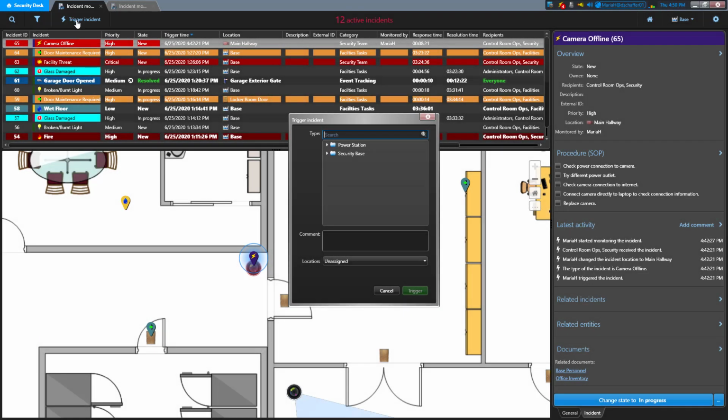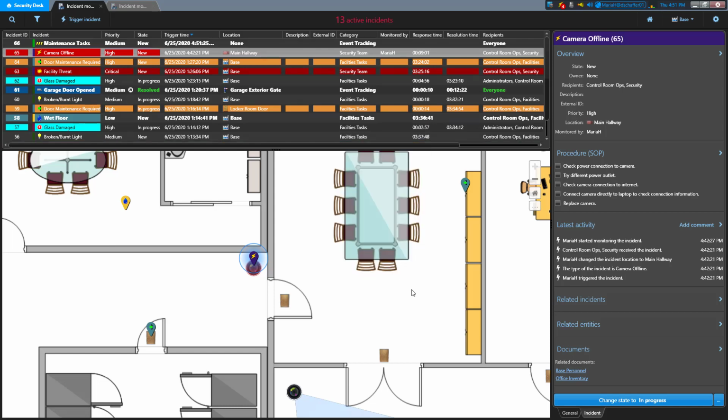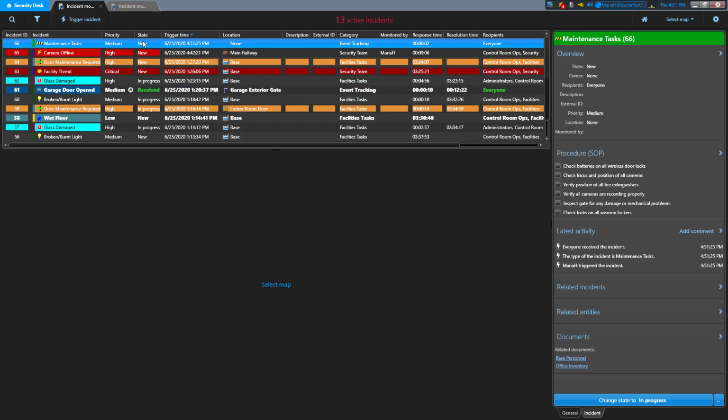We're going to be talking a lot about physical security in our examples, but Mission Control can be configured to help respond to many different kinds of situations. For example, if you have a set of maintenance tasks that you need to do on the system every week, and these need to be tracked, you can have an incident type created that has all the tasks listed as procedure steps. That way you'll know which ones have been done, when they were completed, and you won't forget any of the tasks. They don't have a physical location, but you could still manually trigger the maintenance tasks incident every week when you start to work on it.